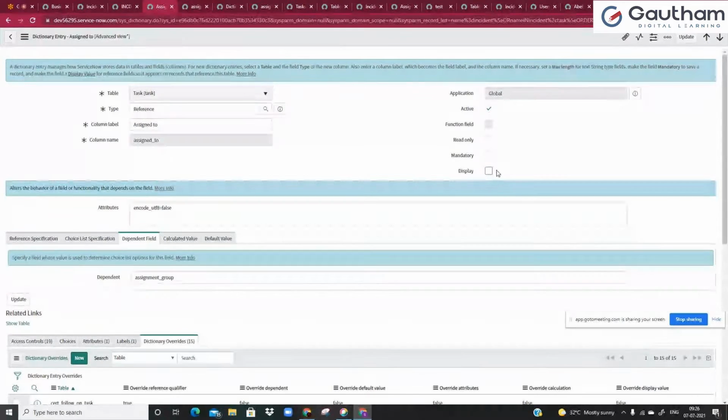And if you ask me why this is read only, it is because for a reference field, the function field will always be disabled. Function field is something you use when you want to do a calculation or something like that. I will show you another example to explain this. A reference field is referencing a record, right? Why would you require a calculation? If you're creating a field with an integer or something, at that time the function field will be editable. That is why this is not editable here. Let's leave this and let me take you to reference